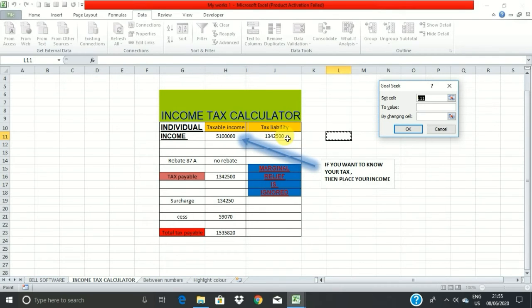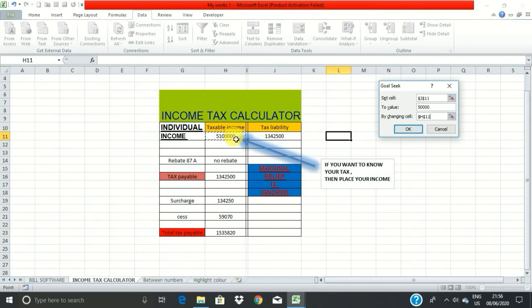So we need to set the formula cell, the cell in which we have applied the formula. The target value is, suppose we want the tax liability as 50,000. Which cell do I need to change to get the value 50,000? Of course this one, 51 lakh. So we need to select this cell.